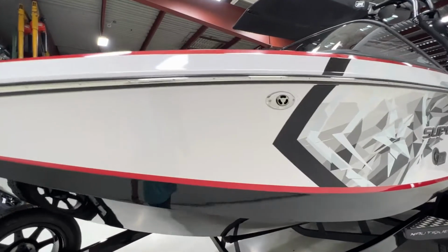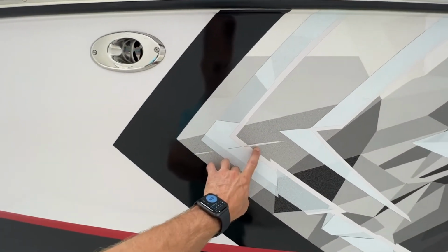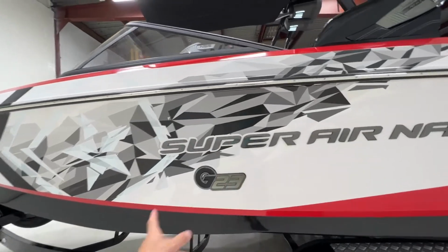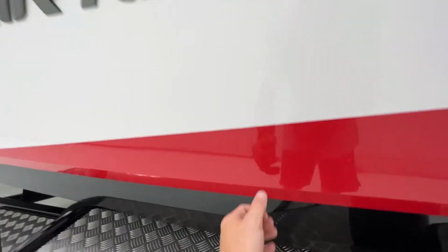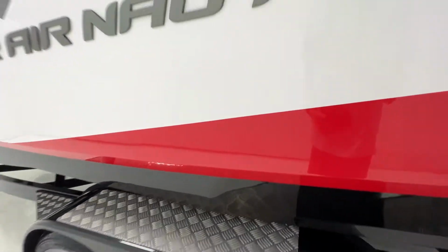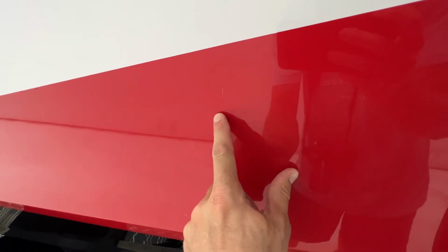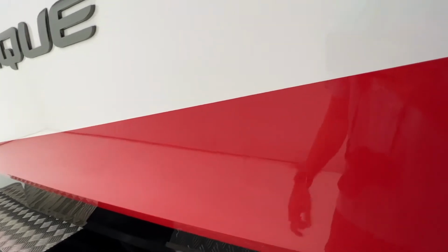Let's go down this side here. Really the only thing on the graphic, so we had a scrape right here, but the other side is pretty much perfect. Chromax lettering all looks really good. A little bit of a scuff right there in the red. Couple more really light scratches here and here. This might be able to buff out, but